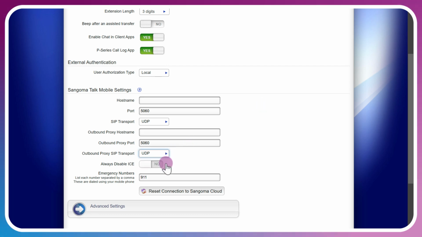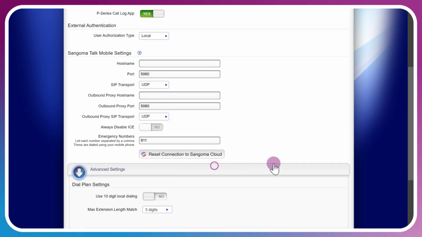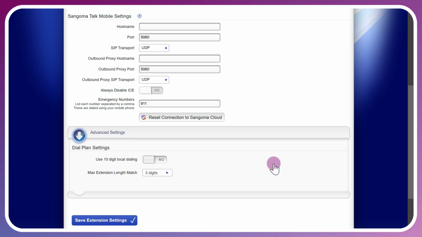ICE should be disabled if you are using the Sangoma SBC, but is a function that you may visit if you have NAT forwarding issues, one-way audio, that sort of thing. ICE is generally the workaround protocol for NAT traversal. Now, 10-digit dialing removes the need to dial a 9 or a 1 to call outside the system. Such was a popular method in legacy PBX setups. Your extension dial patterns will reflect this change if enabled, and outgoing call rules must also be configured for this type of dialing in your outgoing call rules, which is coming up in a later video.